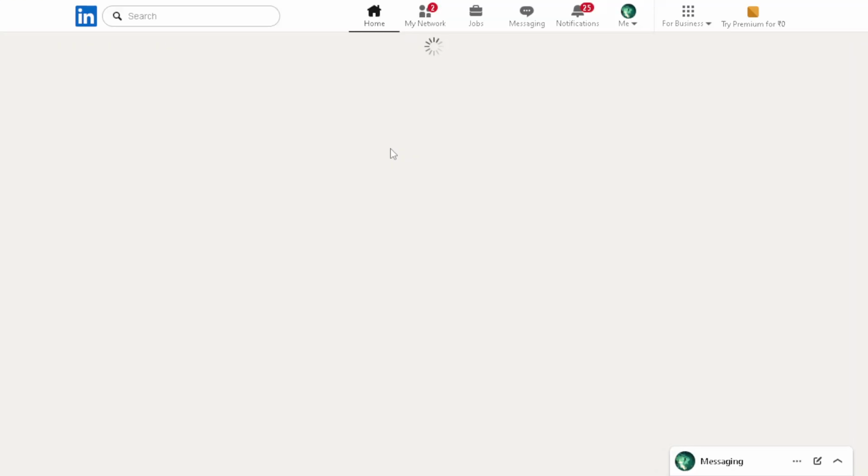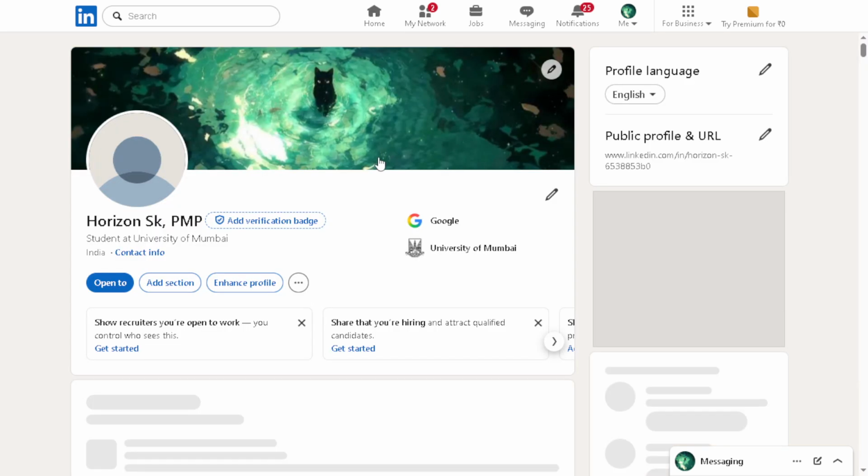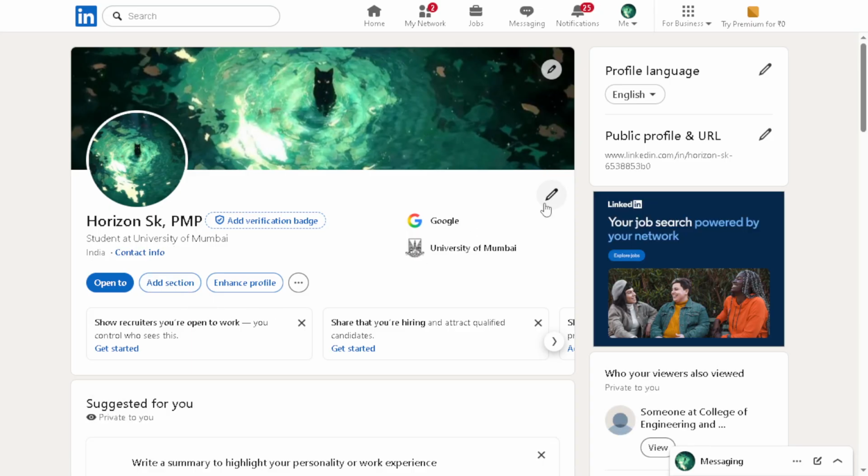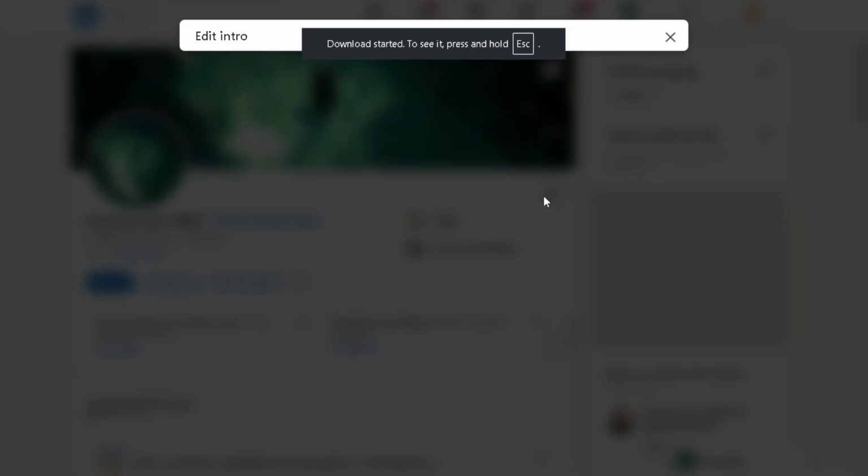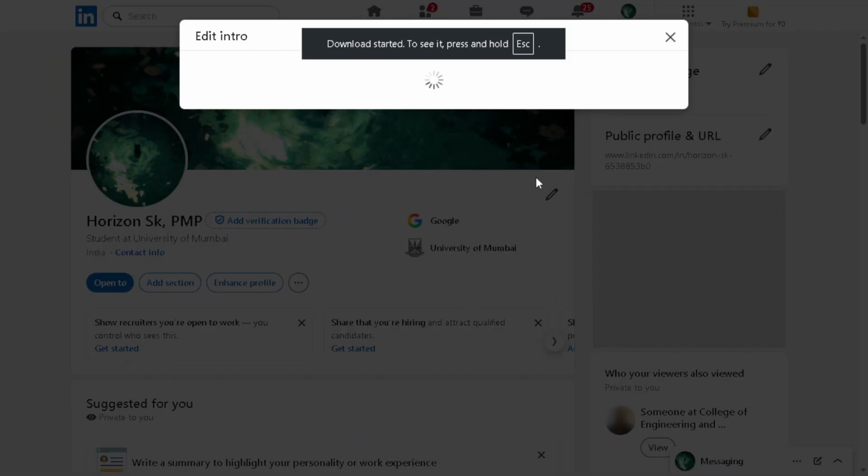Now that you're on your profile page, the next step is to open the intro editor. Look for the pencil icon, which represents the edit button located on the right side of your introduction section. When you click on this pencil icon, a pop-up window will appear, allowing you to edit various elements of your